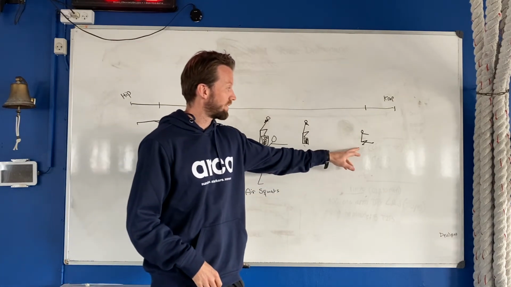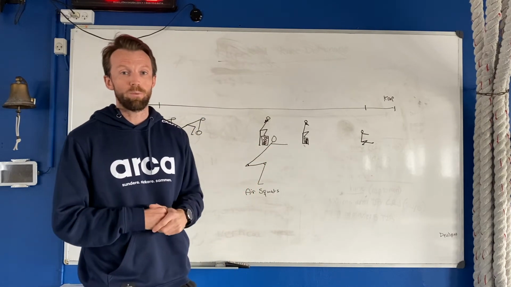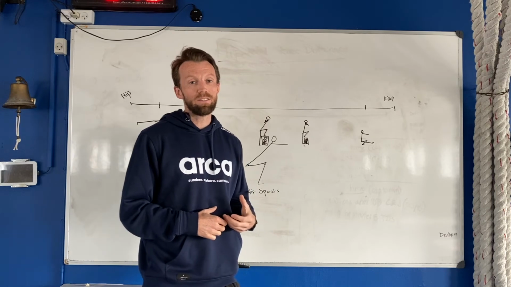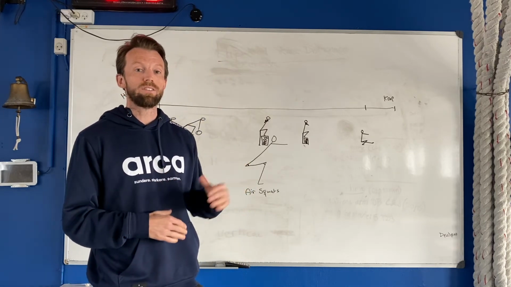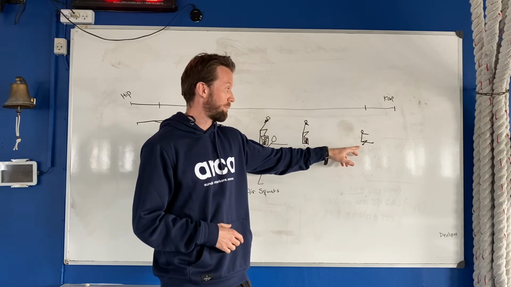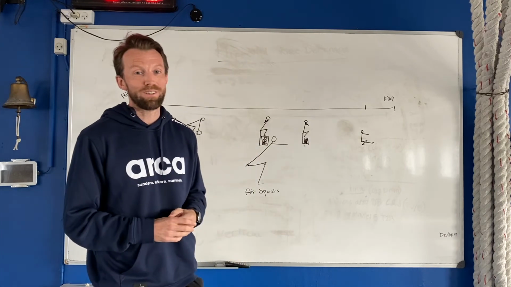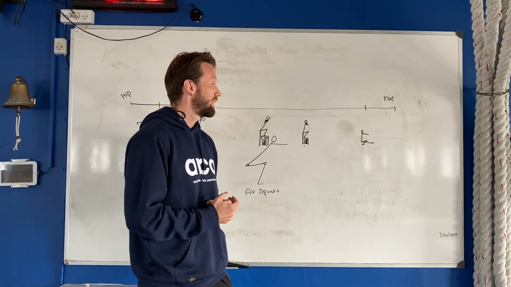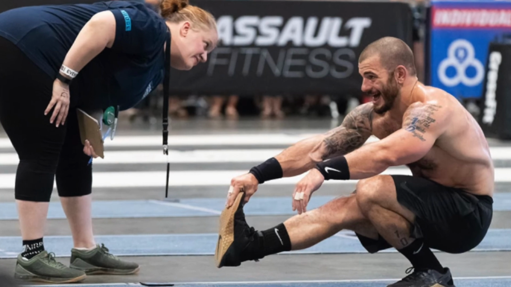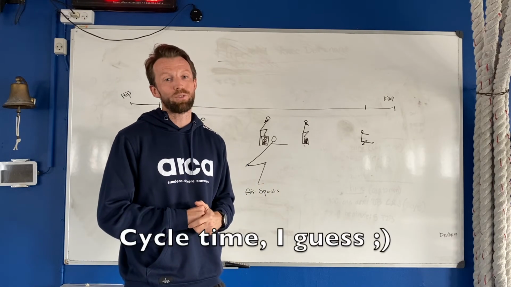And then you can see this end of the spectrum if you have a person, like the example with the wall ball before, where the person is very flexible in the ankles and has short legs and a longer torso. They can perform a pistol, for example, very, very effectively. So that's why in the CrossFit Games, the ones that are best at pistols are often the shorter athletes with very flexible ankles, because they can have a very fast cycle time of